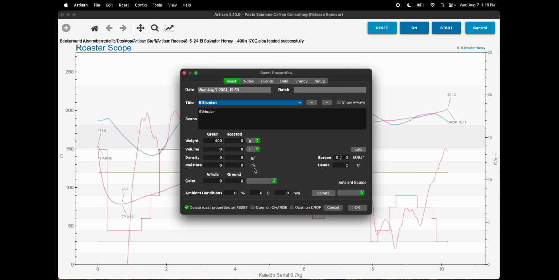Now, I don't have the exact value in front of me, but let's say the output weight is 345 grams. When we click off to the side, it will automatically calculate the weight loss of the beans for us. So not like you can't throw that in a calculator, but it will save this in the graph,